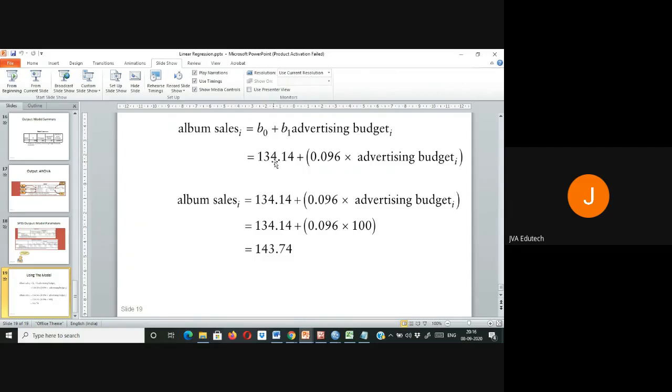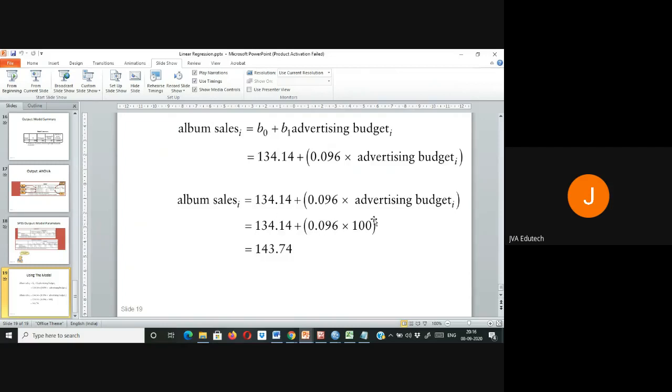So B0 is equal to 134.14 plus 0.096 into advertising budget. If you put your advertising budget as 1000, this 0.096 tells you simply that if you increase your advertising budget by 1000 pounds,